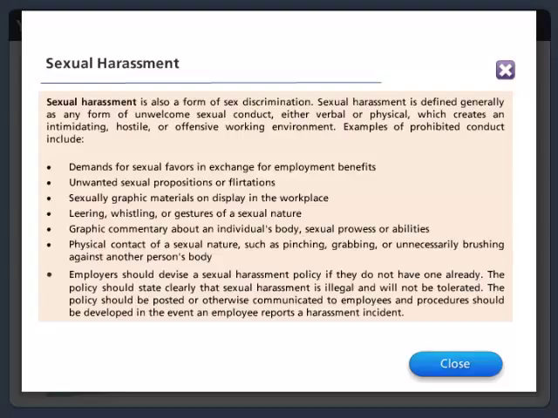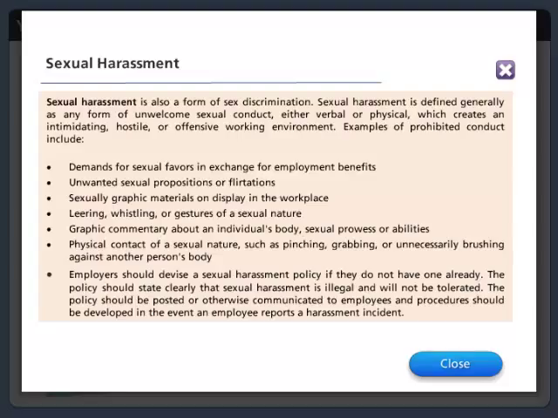Sexual harassment. Sexual harassment is also a form of sex discrimination. Sexual harassment is defined generally as any form of unwelcome sexual conduct, either verbal or physical, which creates an intimidating, hostile, or offensive working environment. Examples of prohibited conduct include demands for sexual favors in exchange for employment benefits, unwanted sexual propositions or flirtations, sexually graphic materials on display in the workplace, leering, whistling, or gestures of a sexual nature, graphic commentary about an individual's body, sexual prowess, or abilities, physical contact of a sexual nature, such as pinching, grabbing, or unnecessarily brushing against another